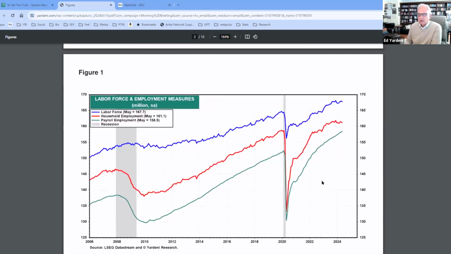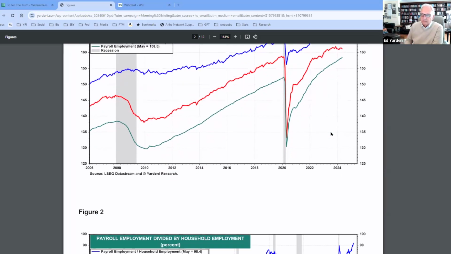So the labor force and employment measures: you can see that the payroll numbers have been increasing. They've been going up into record high territory. So is the household survey data, but it's looking kind of toppy here. So again, if you want to be a pessimist, you say, well, this is closer to reality. You can see that the household data tends to be higher than the payroll data. It includes self-employed people, and so that's part of the difference.